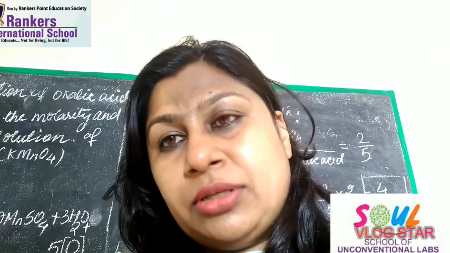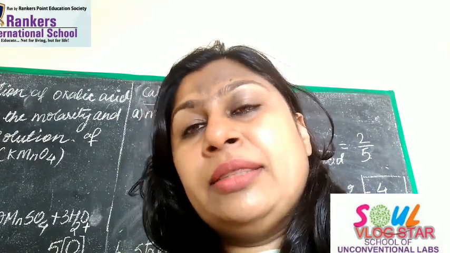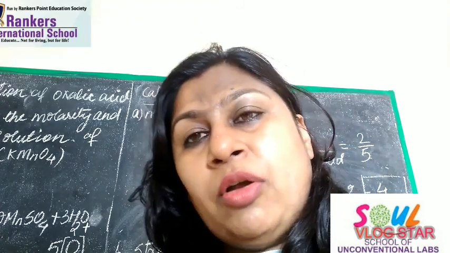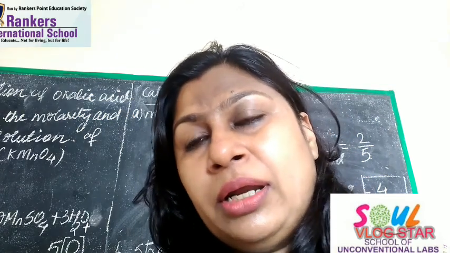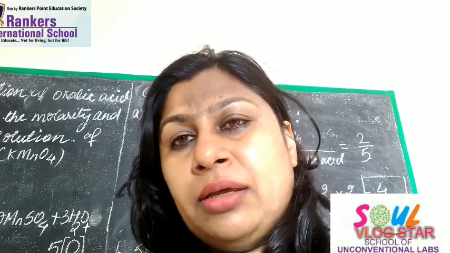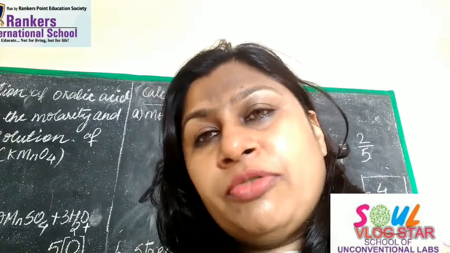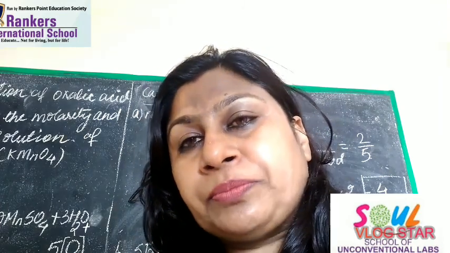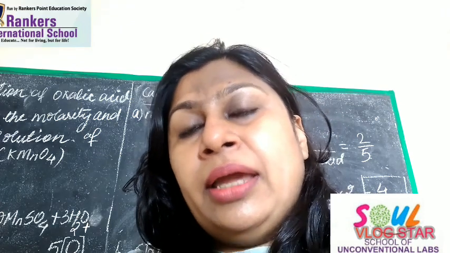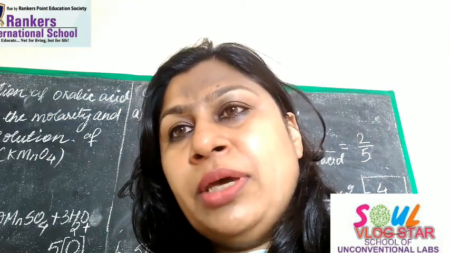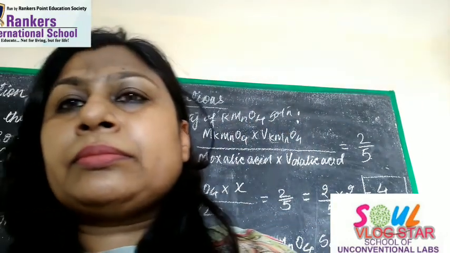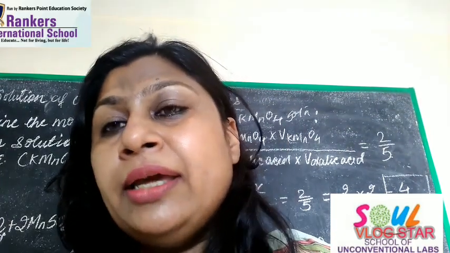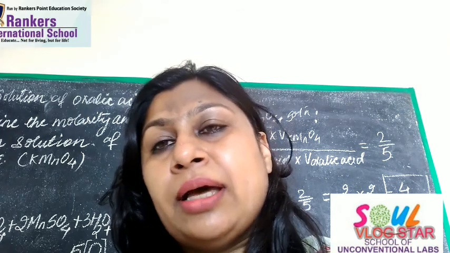So one by one, first you have to measure and prepare the oxalic acid, then you have to titrate with the given KMnO4. 20 ml of your oxalic acid you have to pipette out, take the KMnO4 in the burette and titrate it. Find the volume of KMnO4 required, and then by putting those values in the formula we are going to take out the molarity, and once we find the molarity of KMnO4, multiply with molar mass and you will get the answer.